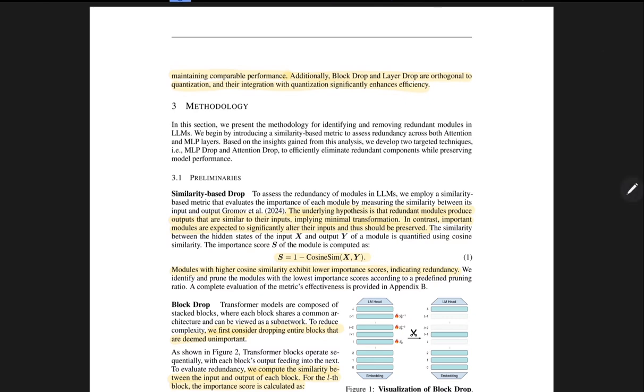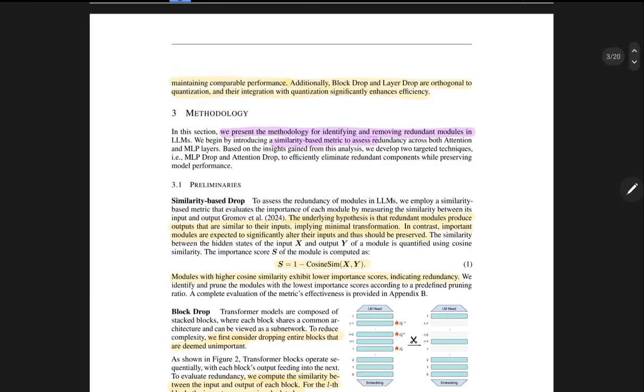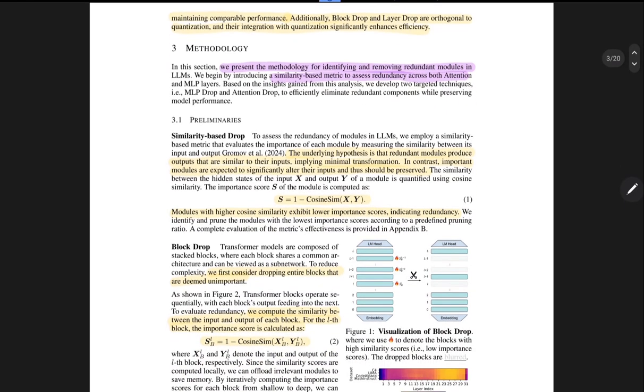identifying and removing redundant layers. To begin, they are saying we introduce a similarity-based metric to assess the redundancy score across both attention and MLP layers. Okay, cool. So, coming to similarity-based drop, they are saying the underlying hypothesis is that redundant modules produce outputs